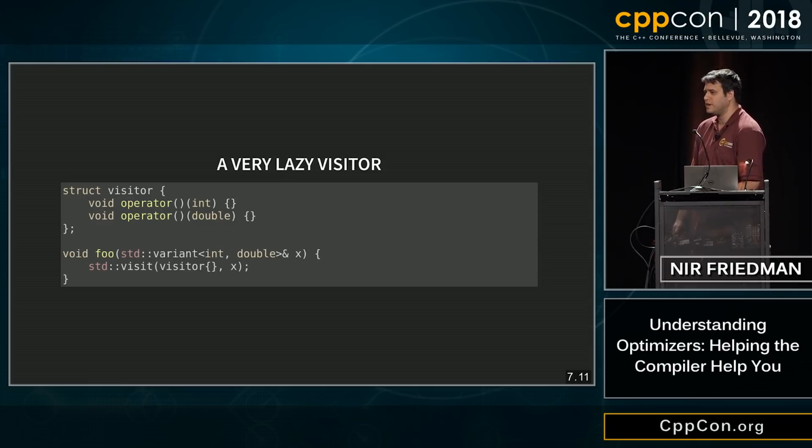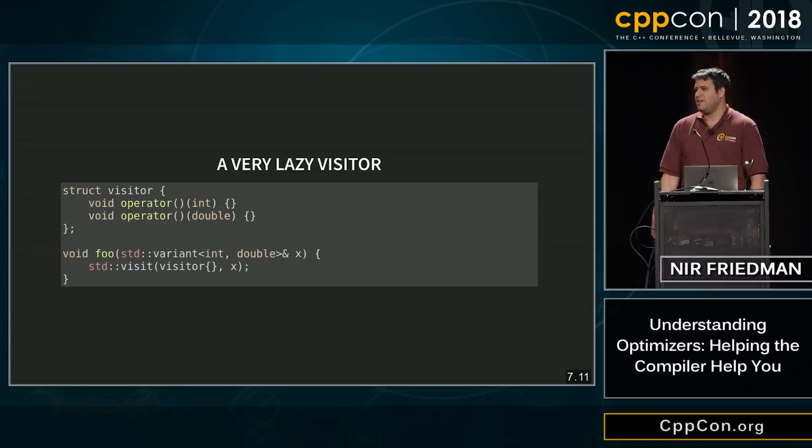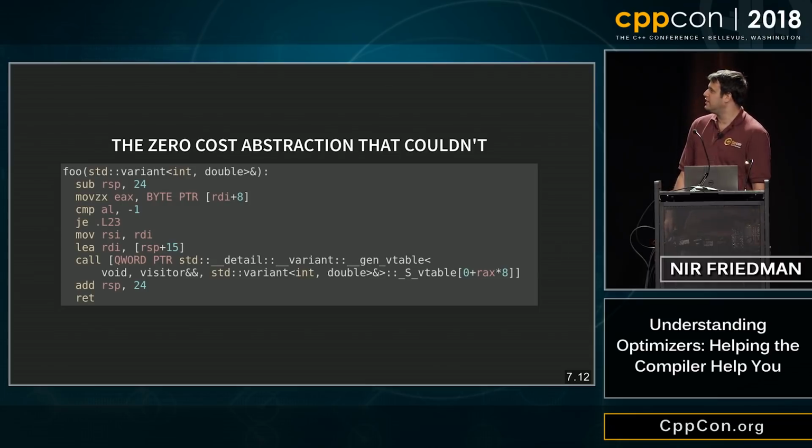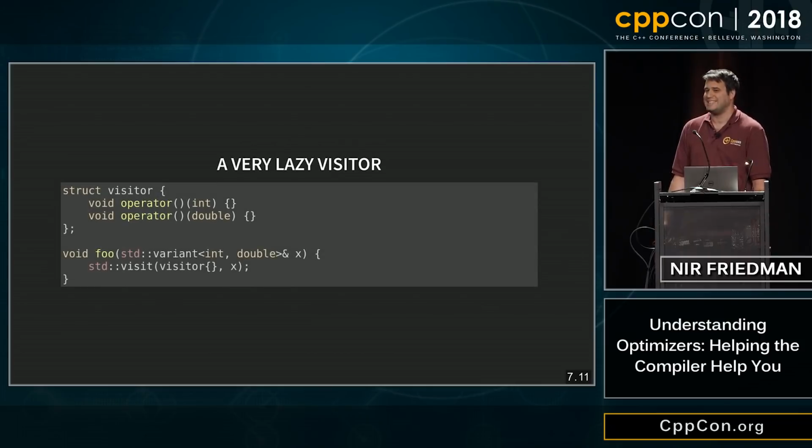There's only one problem. This is some standard library code that you could run today with multiple compilers. What do you guys think this generates? The compiler's smart, right? It is, but this code is probably not everything you would hope for. This is really bad. Remember my story at the beginning? Those of you who didn't put up your hand when I asked you if you'd seen crappy assembly? Now you have. This is a no-op visitor. So this function does nothing, ever. Like guaranteed to do nothing. Why doesn't it get optimized? I have no idea.